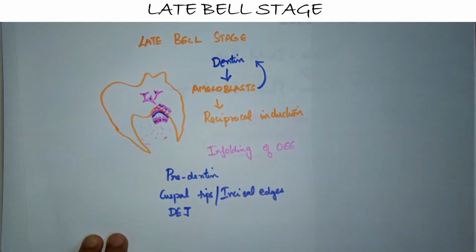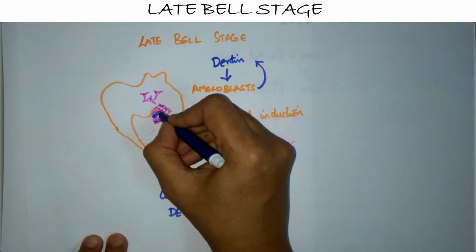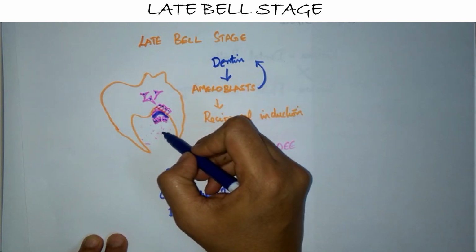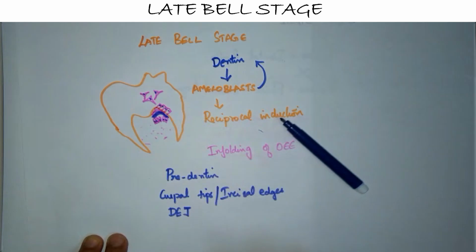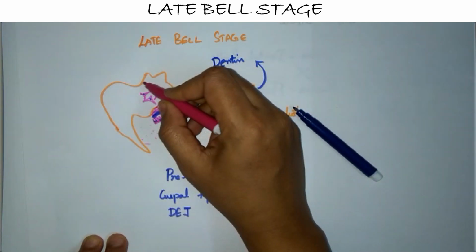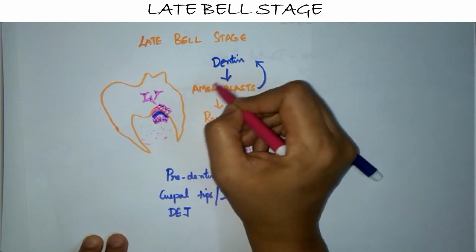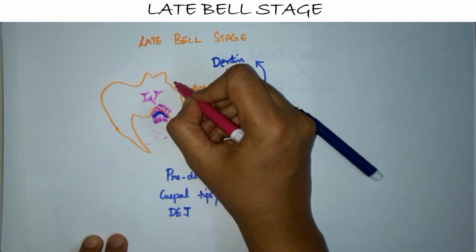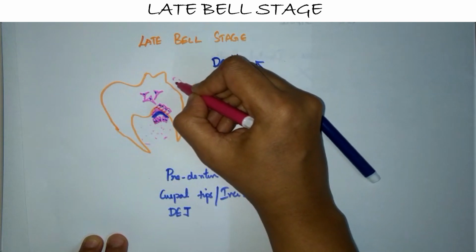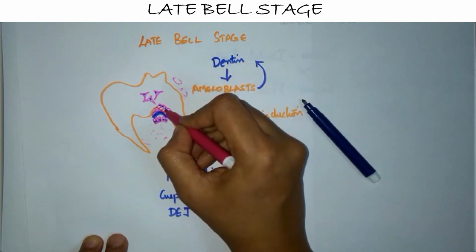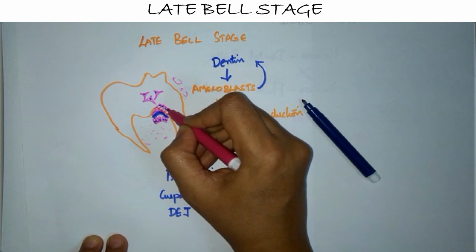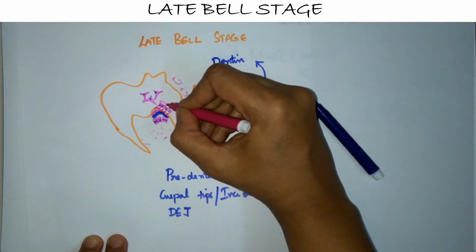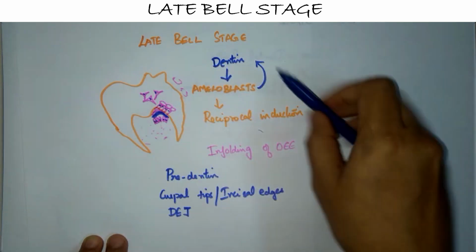But once this layer of dentin is formed, they don't receive their nutrients from the blood vessels of the dental papilla. So to compensate for that, the outer enamel epithelium throws itself into folds, and the stellate reticulum will collapse, and the distance between the blood vessels present in the dental sac and the inner enamel epithelial cells will reduce, thereby getting their nutritional supply. This is the stratum intermedium.